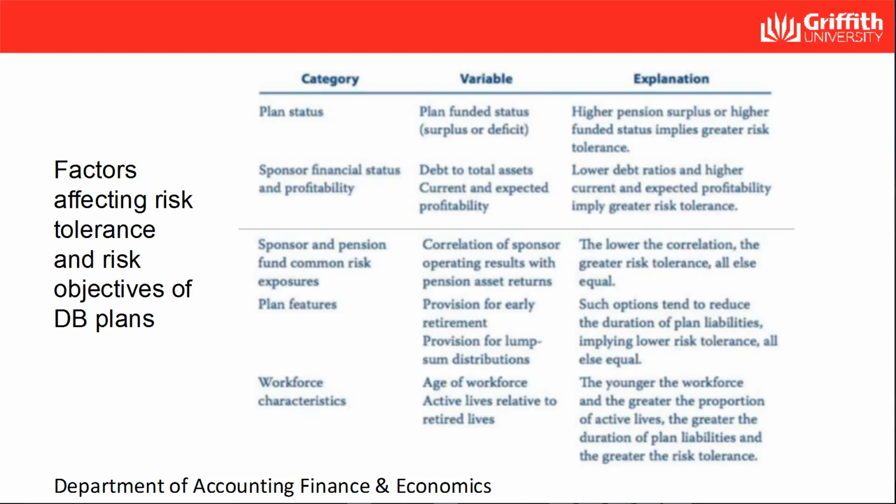So an overfunded pension plan can experience some level of negative returns without jeopardizing the coverage of plan liabilities by plan assets, because the plan surplus acts as a cushion. Thus, the sponsor's ability to assume investment risk in the plan increases with funded status. An underfunded plan may increase the willingness to take risk in an attempt to make it fully funded. However, it has less ability because the shortfall already exists. The sponsor's financial strength and profitability can affect their willingness to make contributions to an underfunded plan.